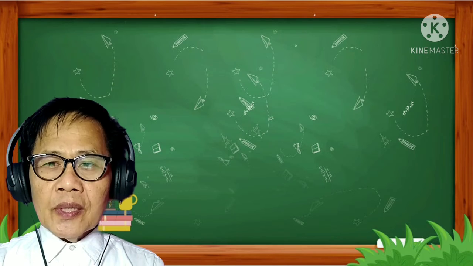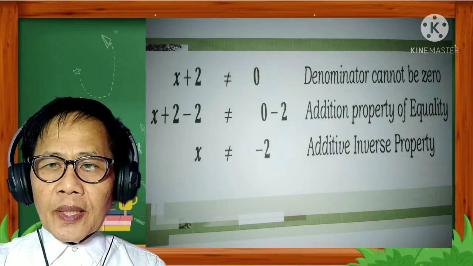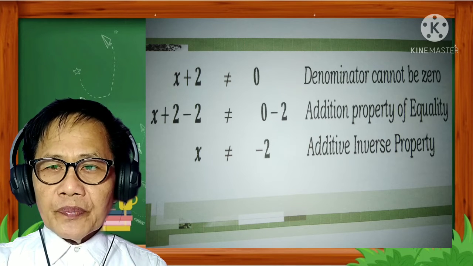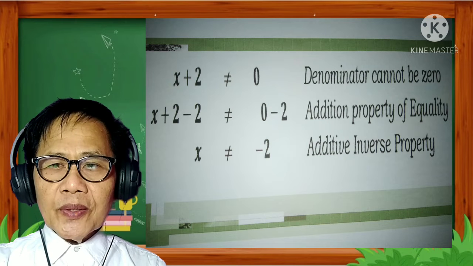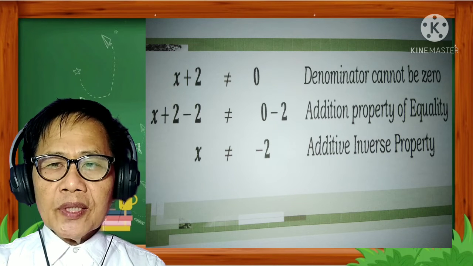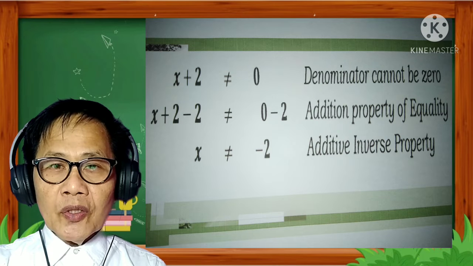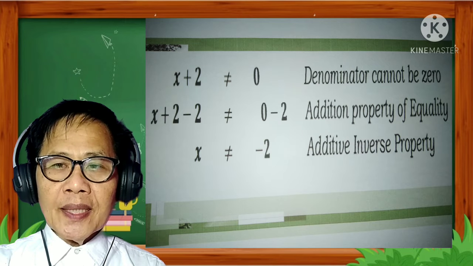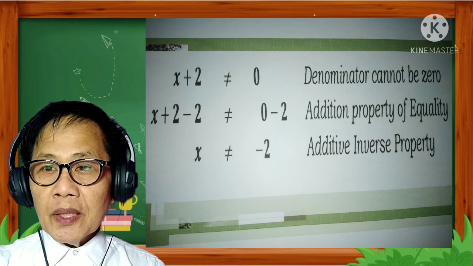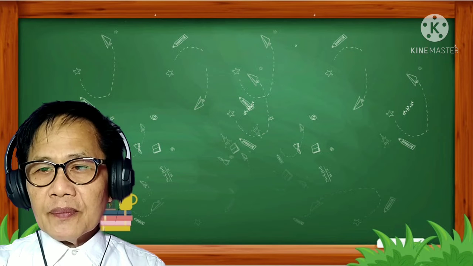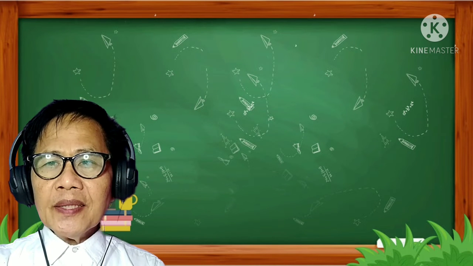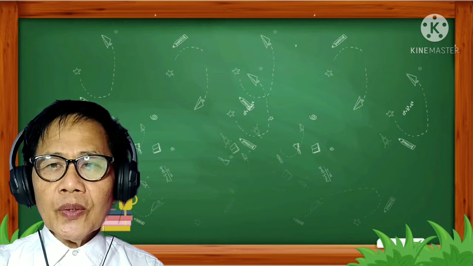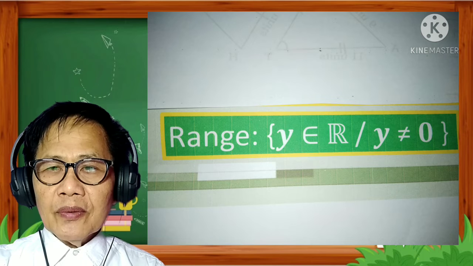x minus 2 is not equal to 0. The denominator of the inverse of the function should not be equal to 0. x minus 2 plus 2 is not equal to 0 plus 2. That is addition property of equality. x is not equal to 2, and that is additive inverse property to simplify. Hence, the range of the original function is the set of all numbers except 2. In set notation, we have